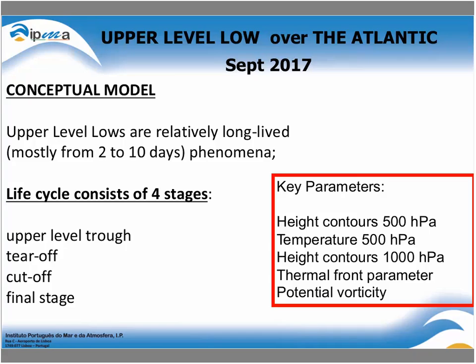I'm going today to talk about upper level lows and the conceptual model. These lows typically have a closed circulation in the middle and upper troposphere, and they are relatively long-lived lows. The life cycle consists of 4 stages: